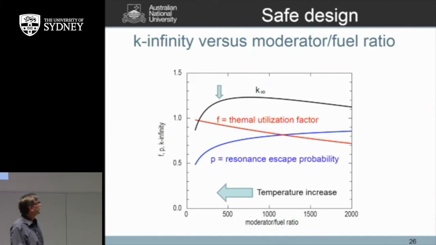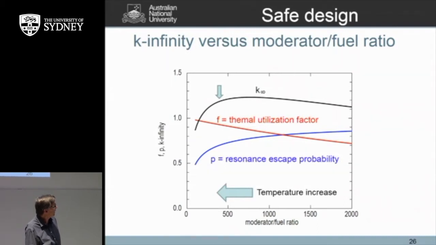Now, one of the tasks I get my students to do is to evaluate these things and make a plot like this. We're looking at the ratio of the moderator to the fuel in terms of number density in the atoms, and we're plotting the resonance escape probability and the thermal utilisation factor. Eta is a constant. We're ignoring epsilon, which is also more or less a constant and near unity. And you see the trade-off between these two things gives you a k value that comes up to a peak